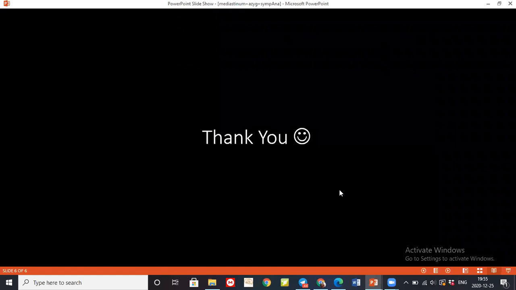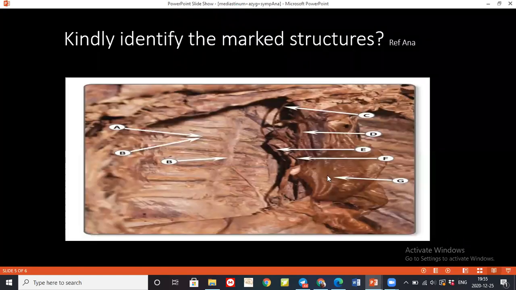Yes, and this is the pericardial sac, it's reflected out like this. So what is G? The pericardial sac, over the right atrium. Yes. So very good. Okay. Can you please tell me